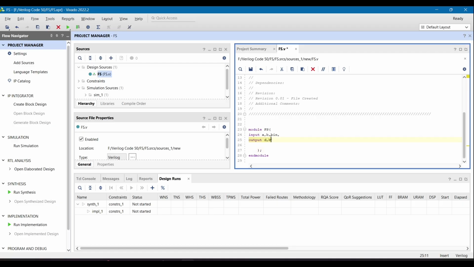Sorry, here we need to write some different name. If we use the same name for input and output, then a warning comes, right? So we need to write something else. So I will just write B out. Okay, next,